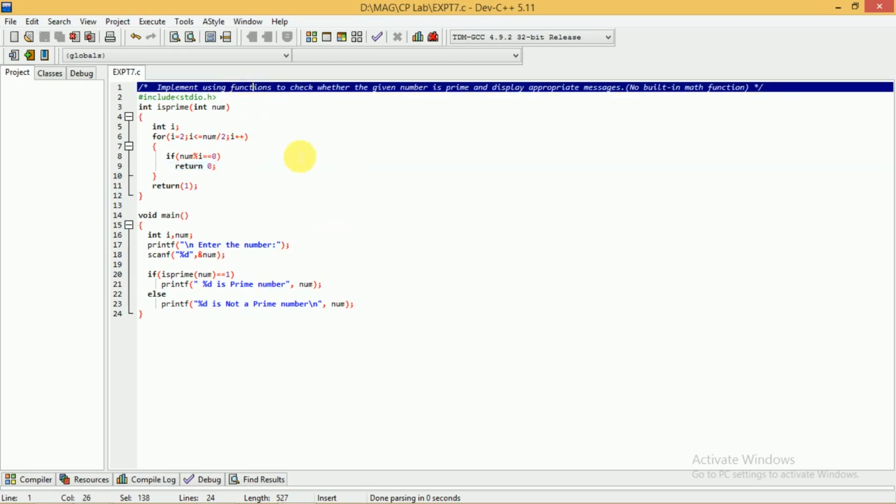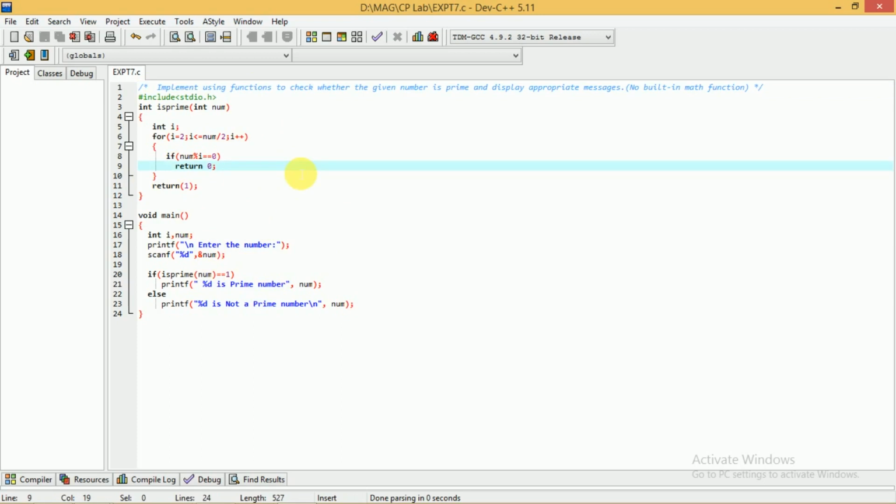So what exactly is a function? We know what is meant by a program. What is a program? A program is a collection of elements which are performing a particular task. In the same way, a function is also a collection of elements in order to perform a particular task. So what is the difference between a program and a function then? A program is a sole entity. It will be stored in a file and executed as a whole program.